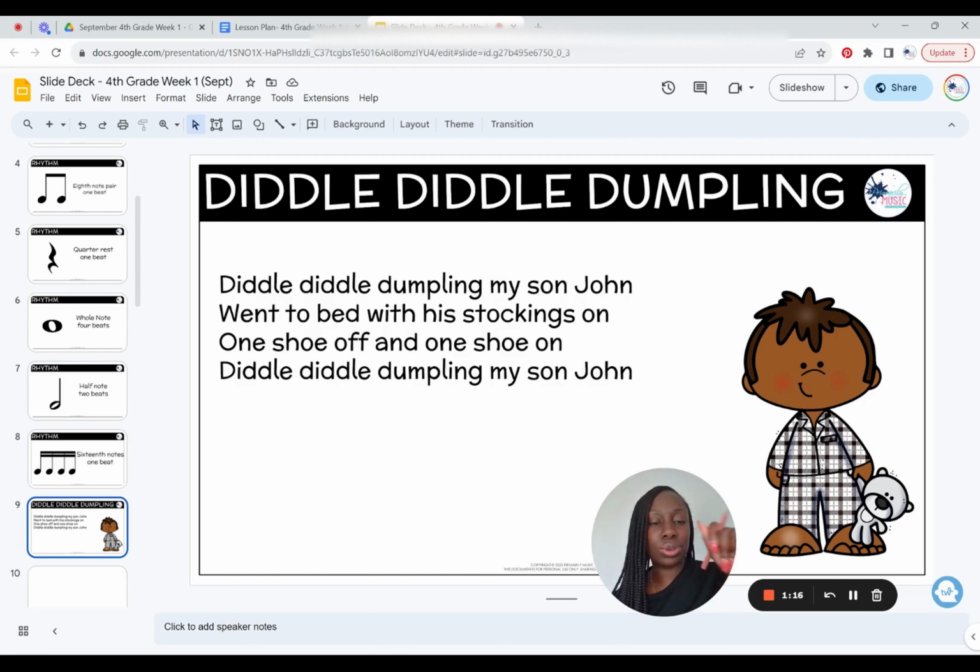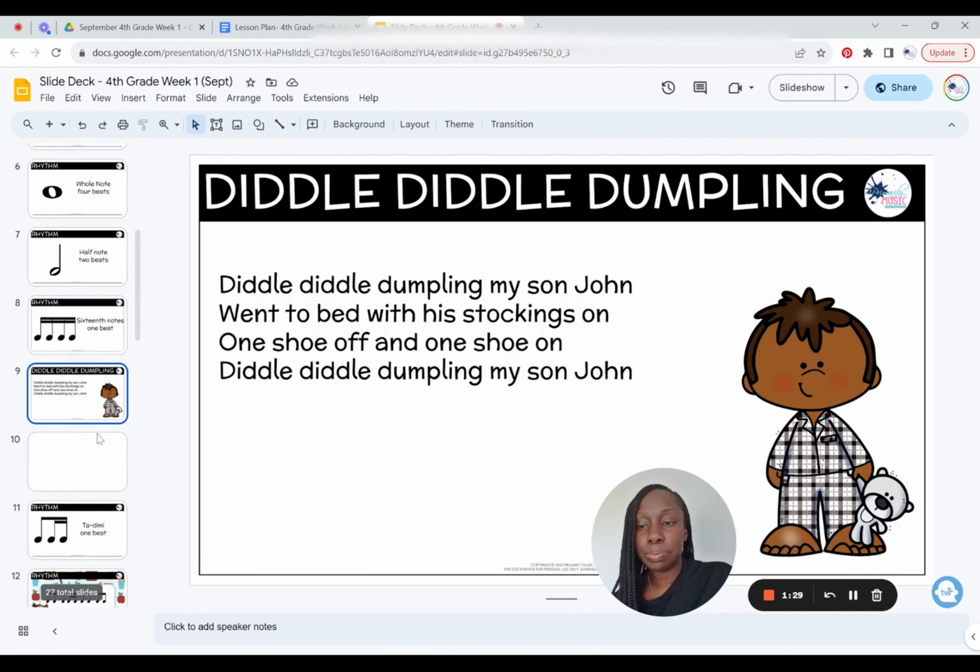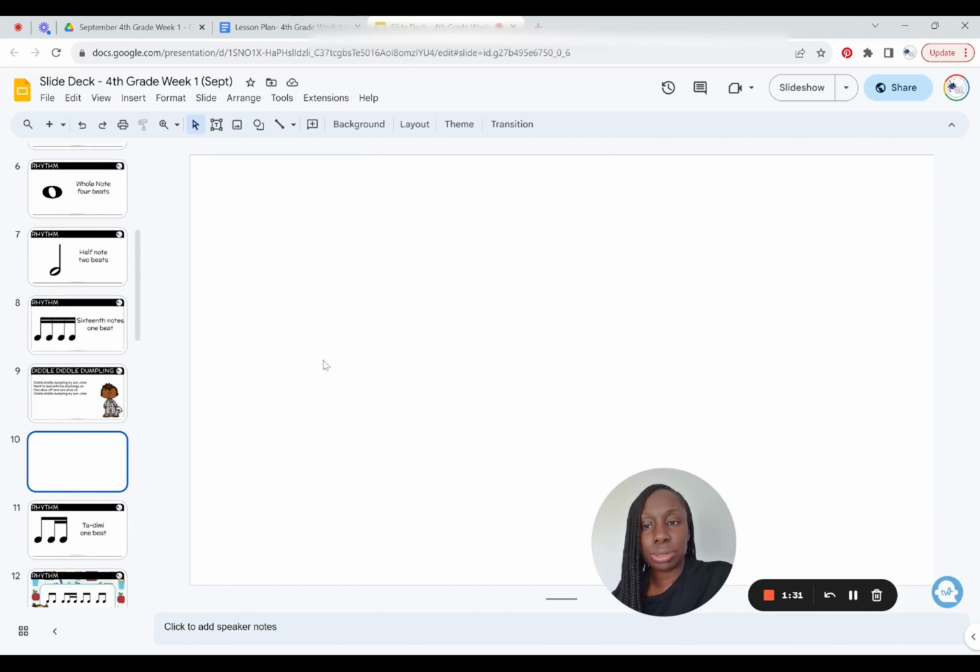You can also do this as a passing game to practice the steady beat. I have linked to a YouTube video that I found that does this song as a passing game. For some reason, the sheet music did not load, so I will correct that so that once you guys access this slide, you will have that there.